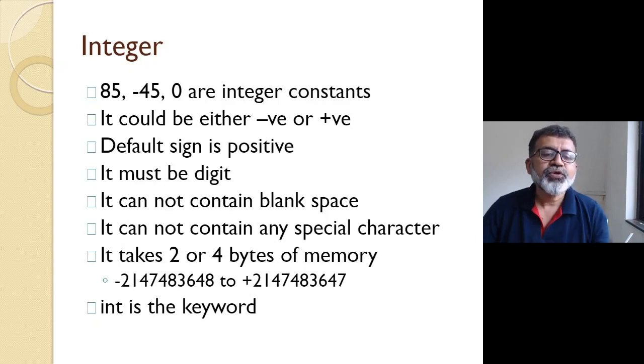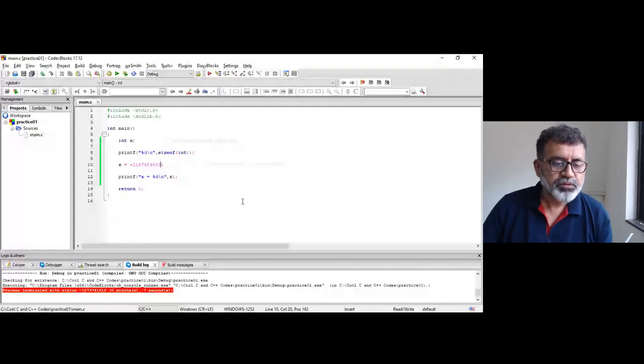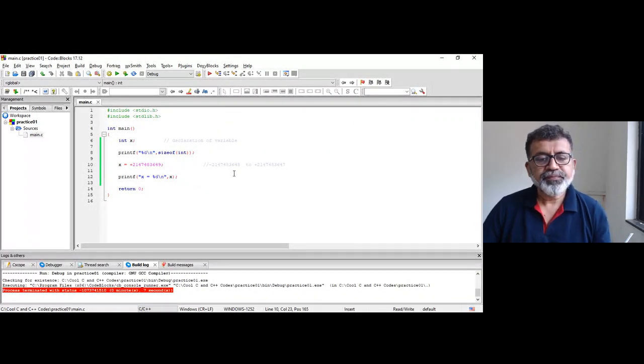Earlier it was 48, right? So this is the maximum and minimum range.